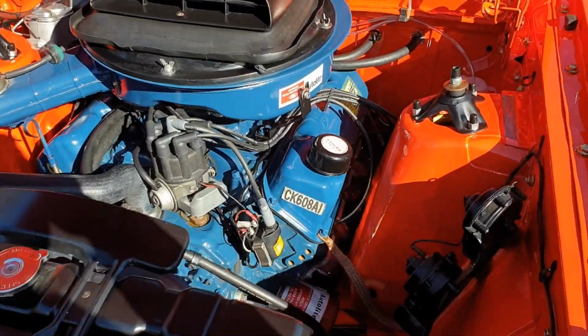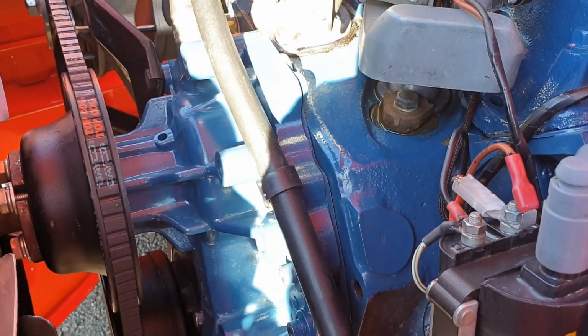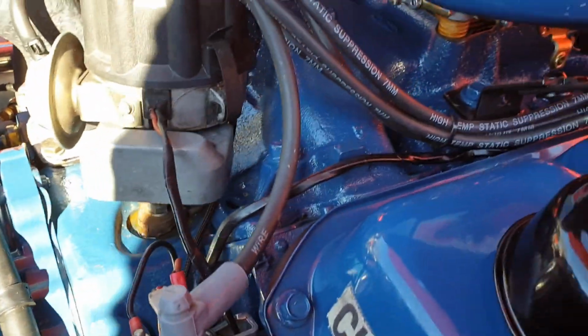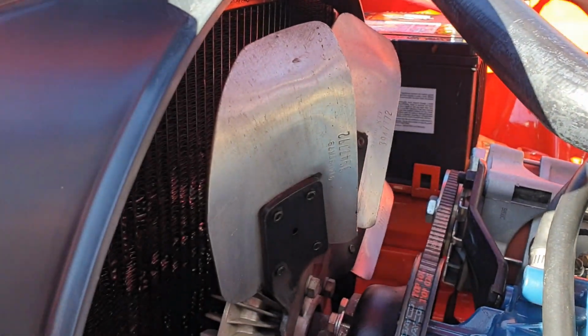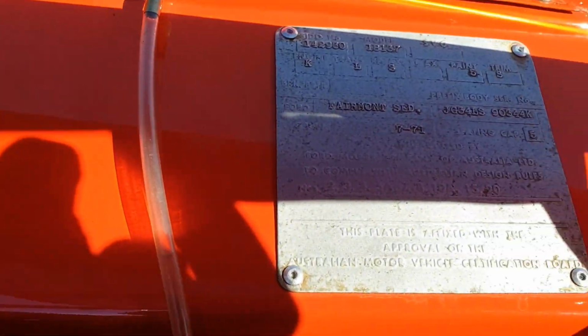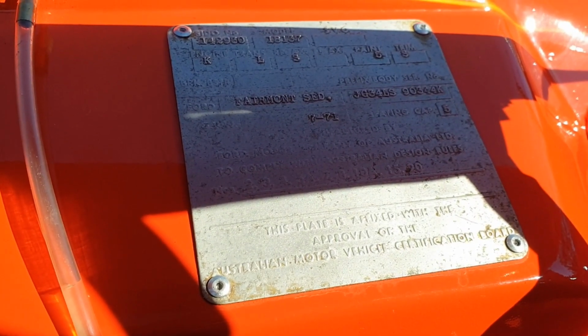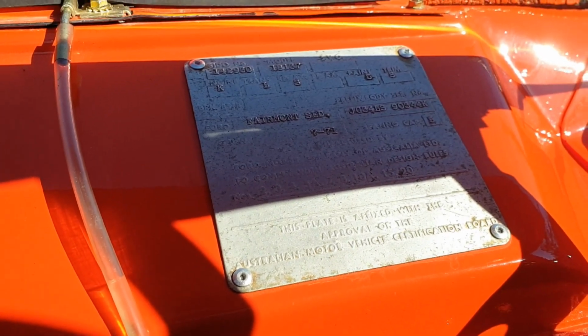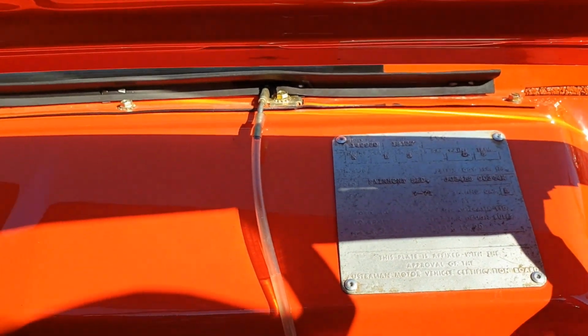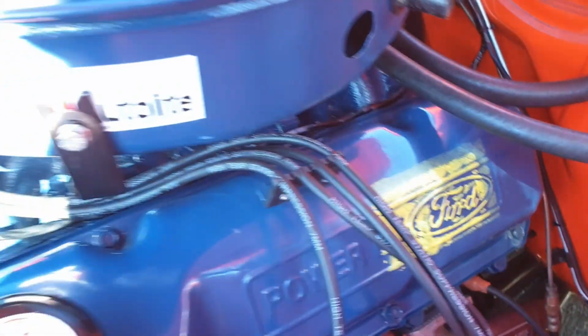Here we go. So D-block 351, and come along there you can see the Holly in there. You got a big fan, super big fan there for cooling. I'll show you the tag is a 7th month 71 K and L Fairmont sedan. Amazing. You've got your extractors down there, pacemaker, genuine shaker,